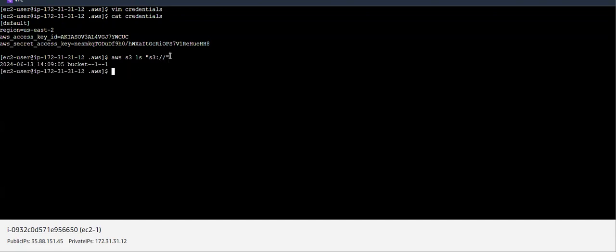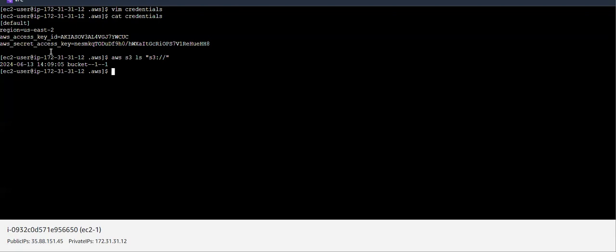So in S3, what buckets do I have? You can see one bucket is listed. So that bucket related data is also available here, right? Yes. So now by using this command, since I got the result, I can say,